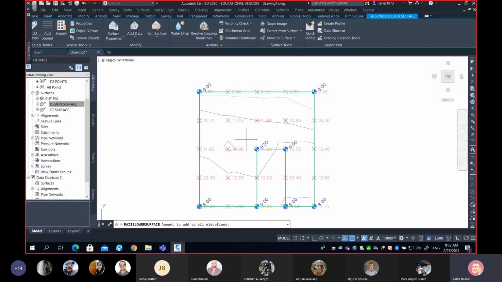Now we are at 9, and I want to level it at elevation 11. So I'm asking you, what should I do with my design level that is currently at 9? I want to bring it to 11. Any help? 2 meters. Do we add just 2 to it? Yes, exactly. So I'm going to write here 2, and when I hit enter, we simply added 2 meters to